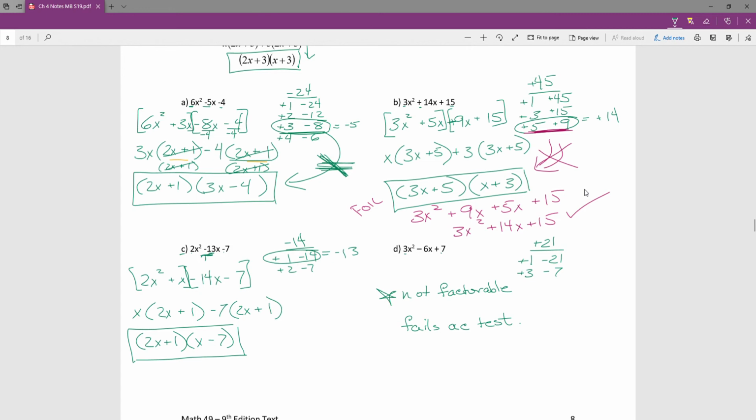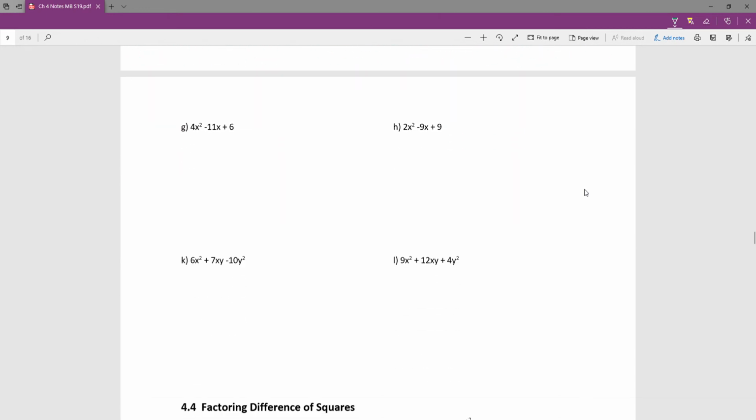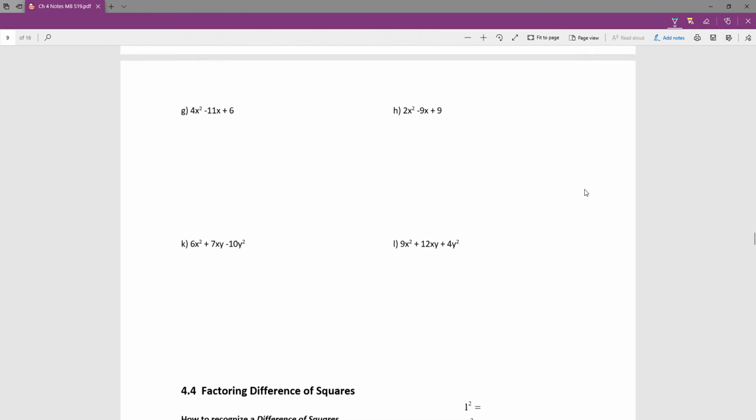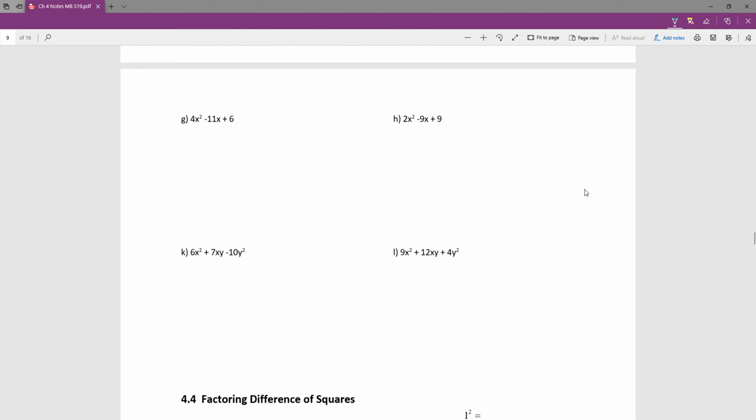All right, top of the next page. Top of the next page, we have more to take a look at. So I recognize I've got 3 terms, which pushes me into the AC test. I have 4 times 6, so positive 24 at the top of my number puzzle. Factoring that all out,